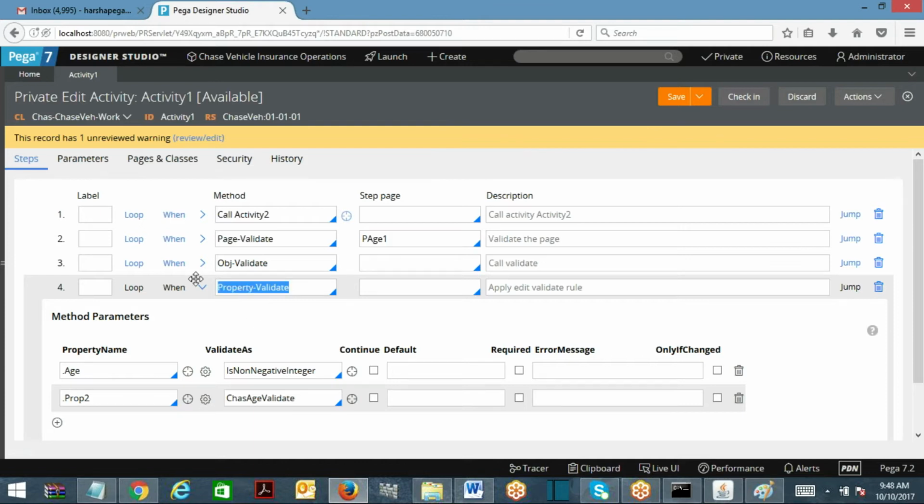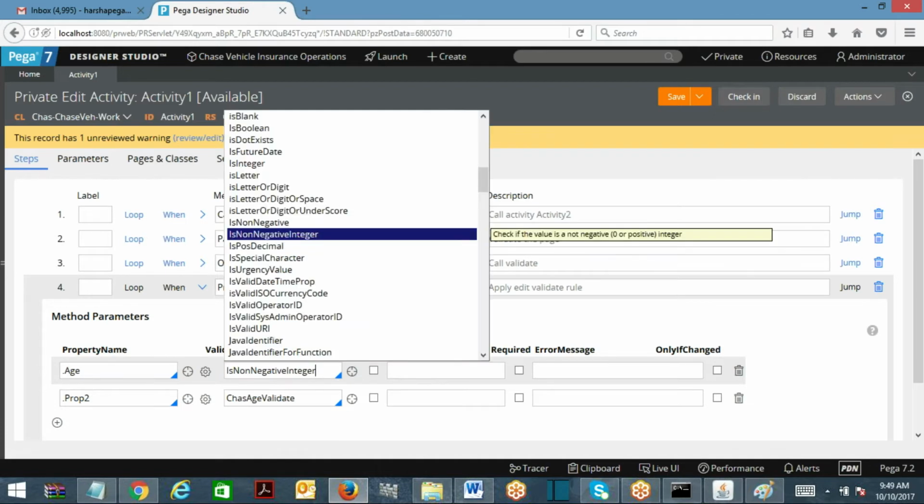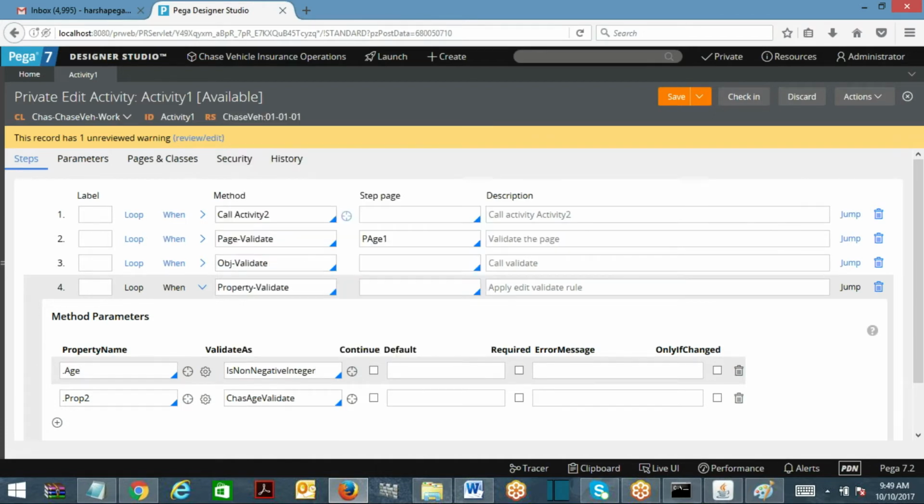So now look here, all these validations. Property validate is directly to call the edit validate rules. So in this drop down, what validations are coming? Edit validates. Edit validate rules will be applied at the business logic level on a property. It's not at the design level. This is runtime. At runtime you are applying a validation on a property. So obj validate and all, design time only you will apply the validations. Edit validate called on the property advanced tab, design time you are going to apply the validation. Now you are applying a validation on a property at runtime.